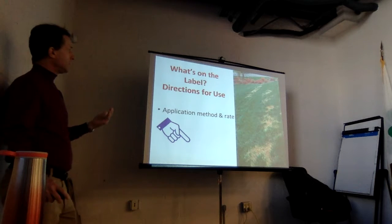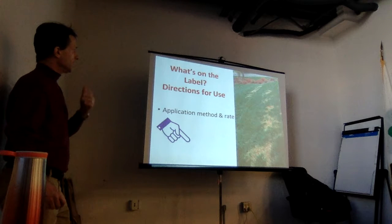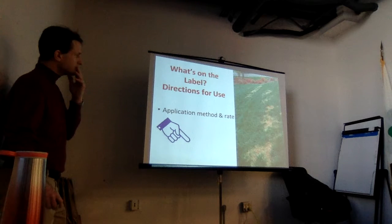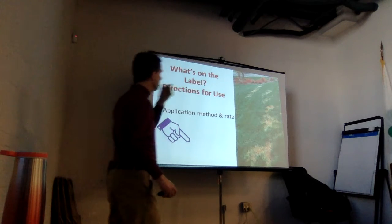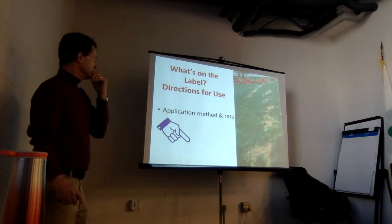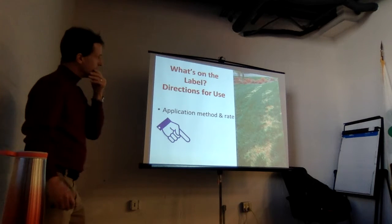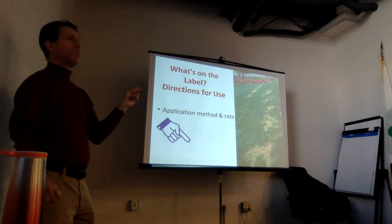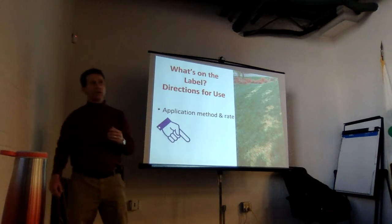Application method and rate. This is a site I went out to a couple of years ago, I think. Brown patches in the lawn. Is that fungus? Is that insect damage? And this was a real puzzle. And it turned out what had happened was